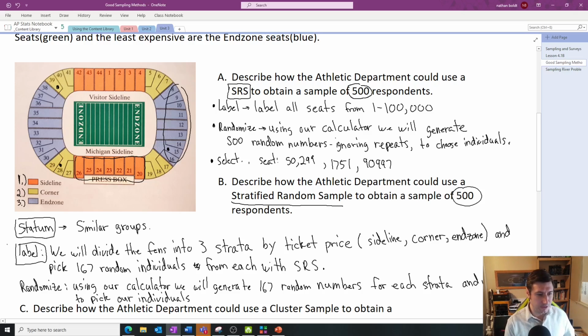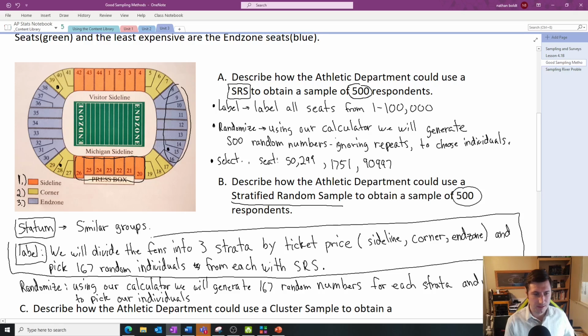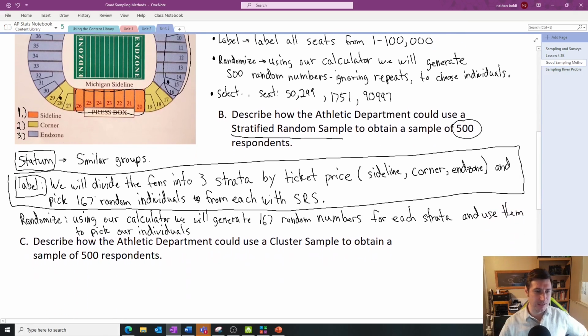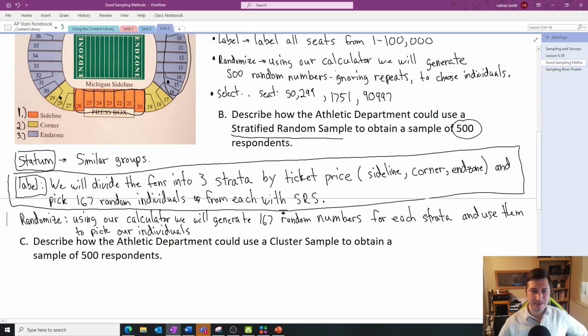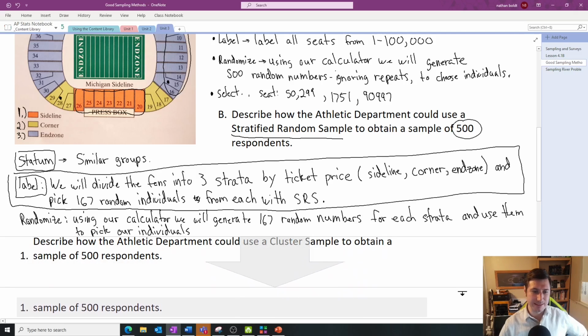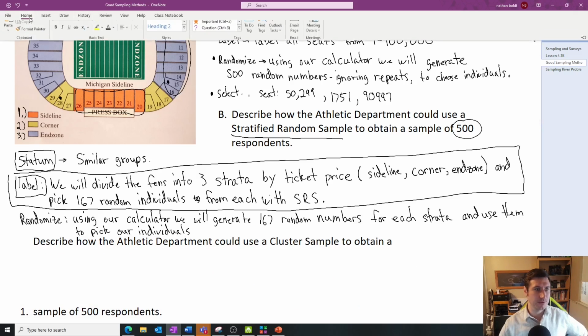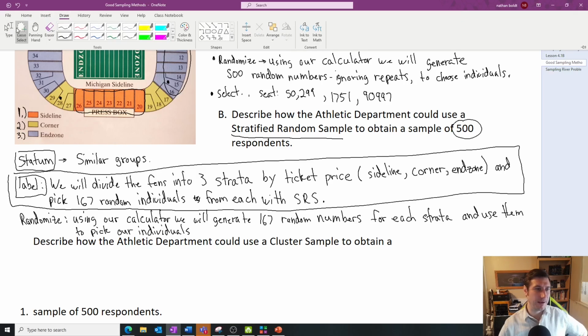The most important sentence, though, is that first one. That kind of takes care of everything right there. You're dividing the fans into 3 strata by ticket price, and then picking a simple random sample for each. And to get 500 people, we need 167 random people from each strata. Now, this one I do want to say a bit more about. This is oftentimes a great idea to do. This leads to the most accurate